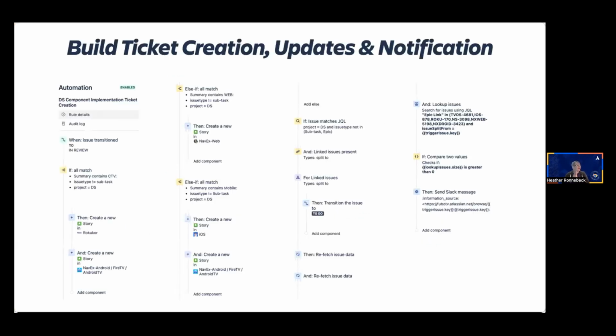This here is actually an example. I do apologize, this might be a little small in the font. This is actually a real life example of a complex automation I have built myself for one of my clients. And they actually are using this daily. Basically, what this automation is for is to help create and transition related front-end tickets based on the status of the parent designer story. It also sends out alerts to the stakeholders that work is progressing.